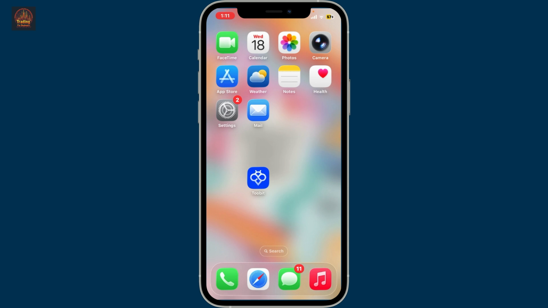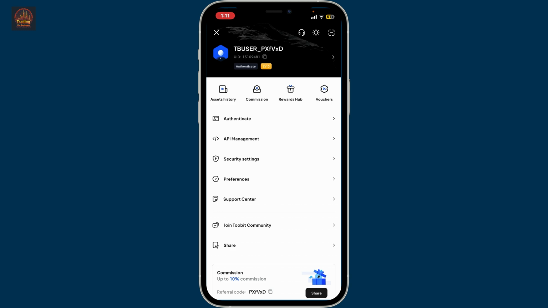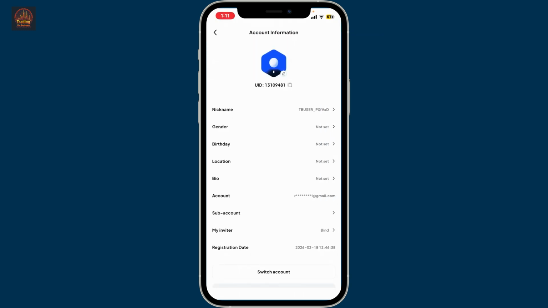First of all, open the Toobit app on your smartphone and log in. Once you're logged into your account with your credentials, go to the top left corner and tap on the human icon. Right after you do that, you'll end up on this page where you'll need to tap on your current nickname at the top. Tap on the little arrow right next to your name, and this will open up the